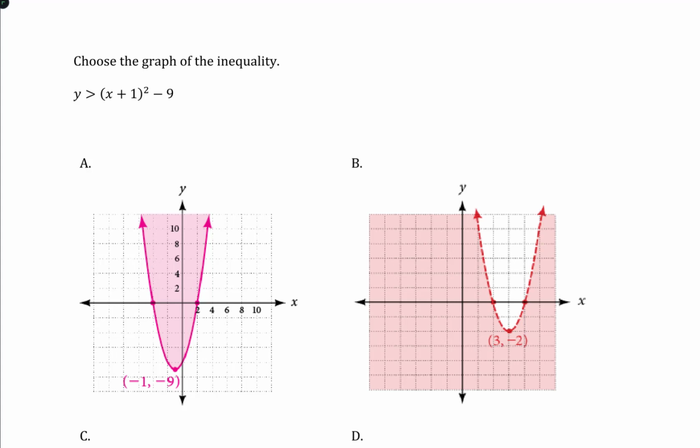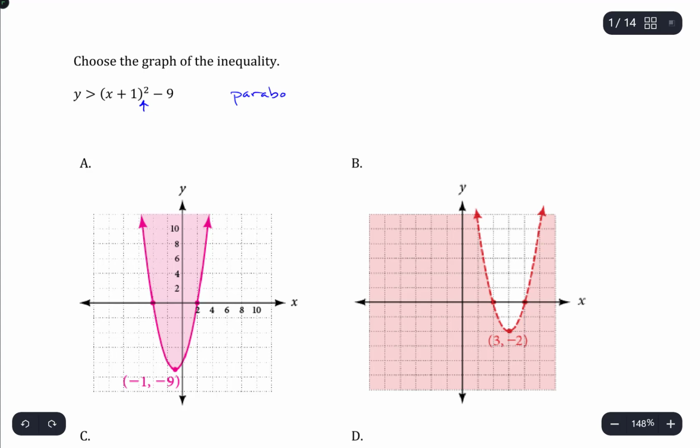So first off, the shape of the graph. Because we have this square term in here, we're going to have a parabola. Now, it looks like all of these graphs are parabolas, so that maybe isn't the most important feature. But if you look at the different options, the vertex of these parabolas is at different places. So perhaps we could identify things like the vertex, and whether it's opening upward or downward, in pieces like that that